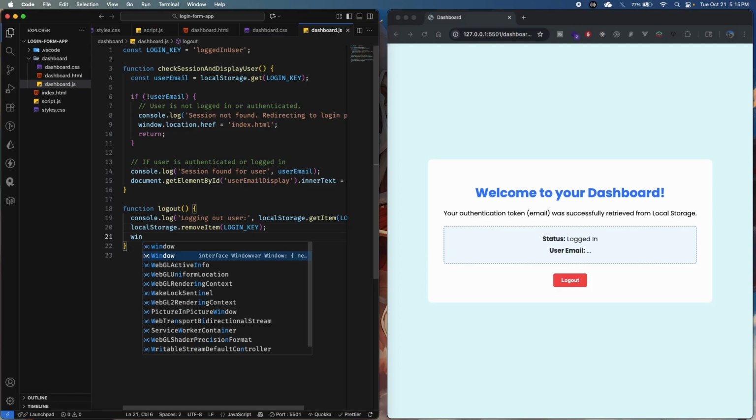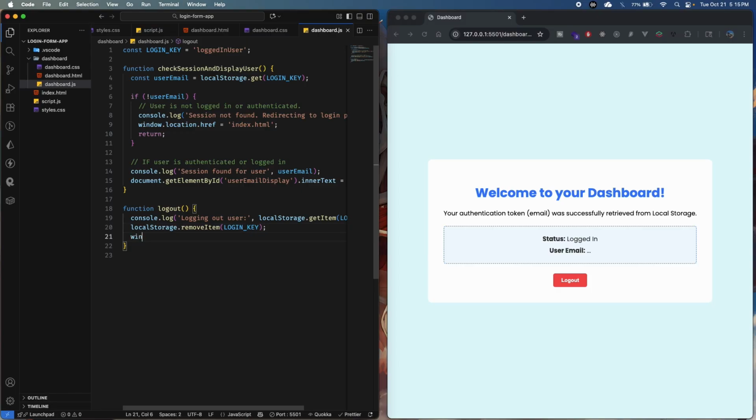are going to do the redirection to window.location.href is going to be equal to index.html. Also here we need to add dot dot and then slash, because the index is outside of the dashboard. Yeah, forgot to do that. Okay, and now